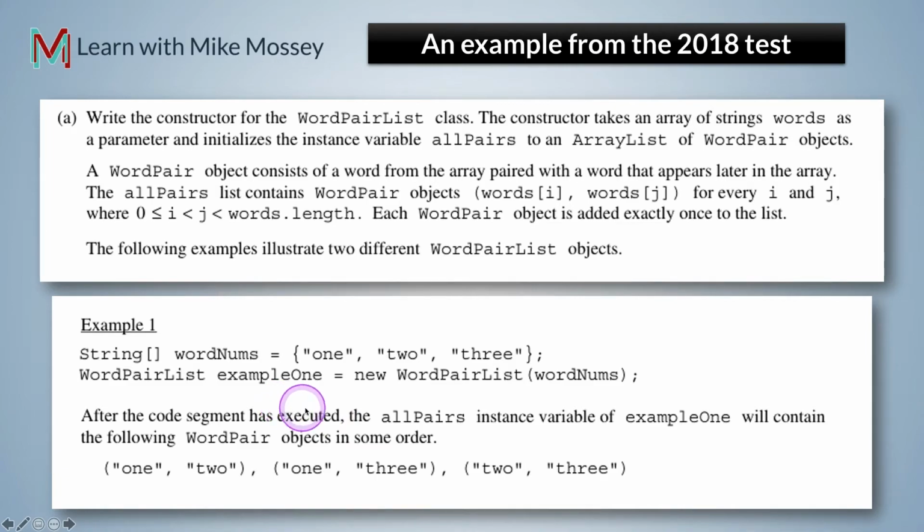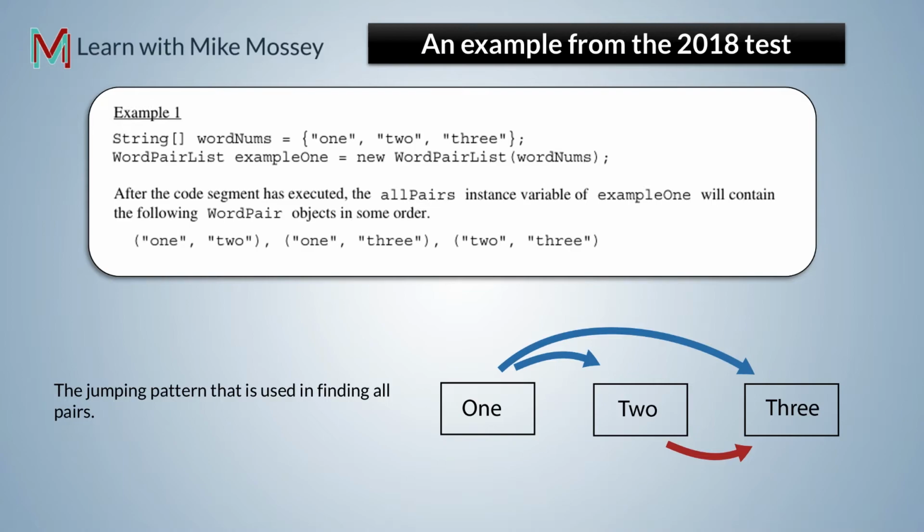After the code segment has executed, the all pairs instance variable of example 1 will contain the following word pair objects in some order: 1, 2, 1, 3, and 2, 3. Now it looks like these are just all possible pairs of 1, 2, and 3. To give you a better idea what an algorithm might be for constructing all possible pairs,